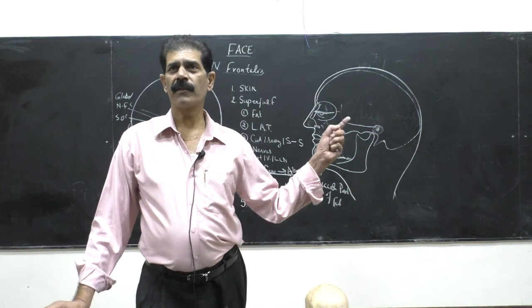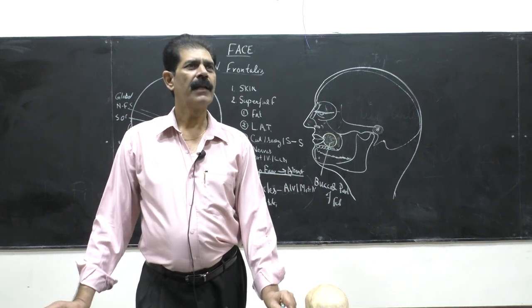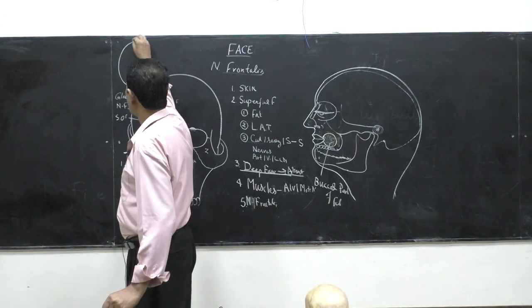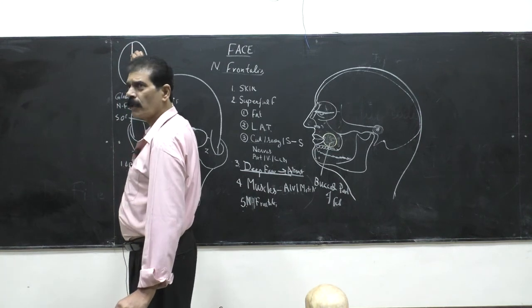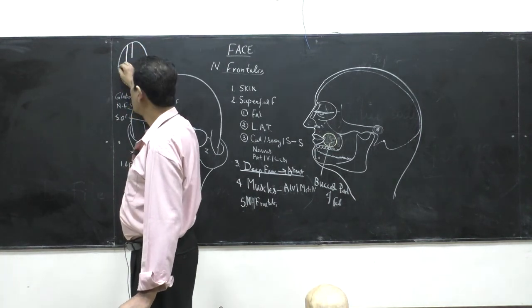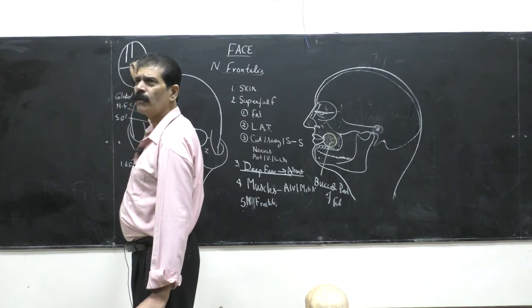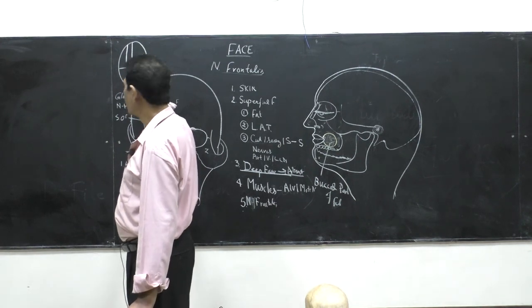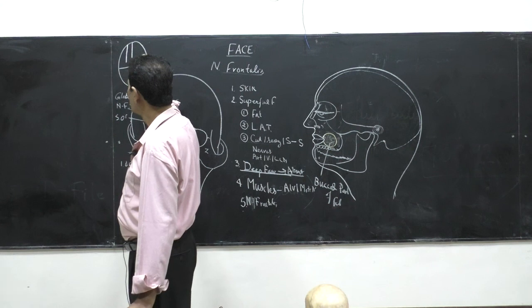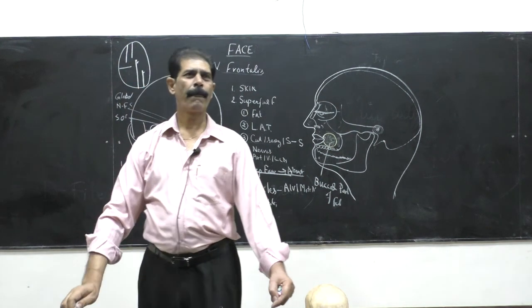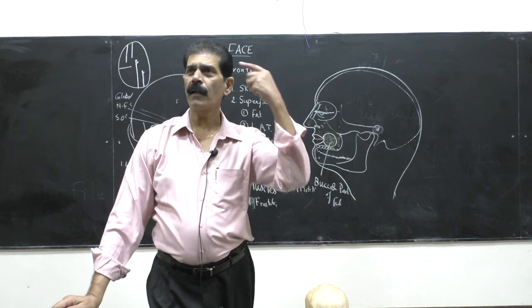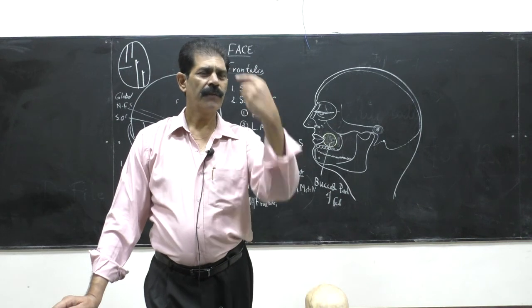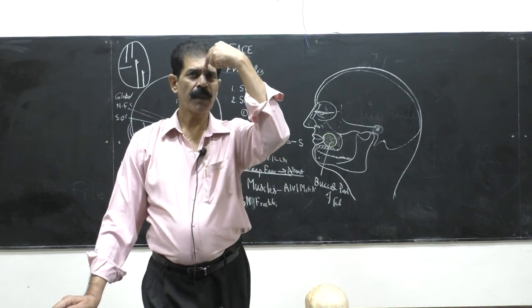So now we are doing the face. First we have done the scalp, and in the scalp, which nerves have you seen? Nerve supply of the scalp: anteriorly, medially supratrochlear nerve, and laterally supraorbital. And laterally which nerve? Auriculotemporal. Posteriorly greater occipital nerve, and small is lesser occipital nerve. So this is the nerve supply of the scalp. Auriculotemporal is lateral, greater occipital and lesser occipital supply the posterior part of the scalp. The front part of the scalp is supplied by supratrochlear and supraorbital.